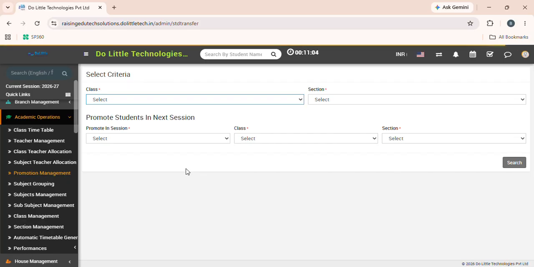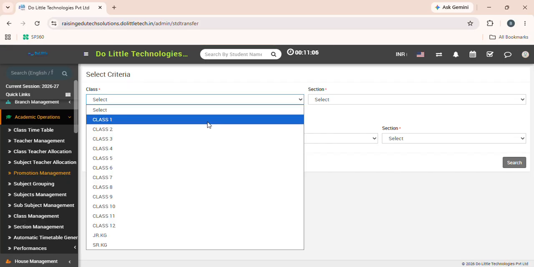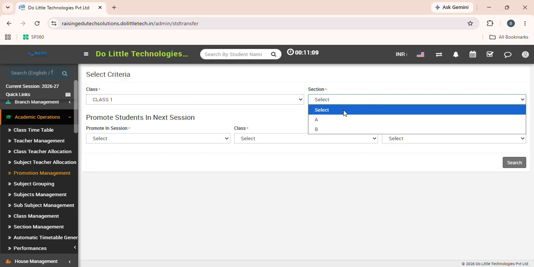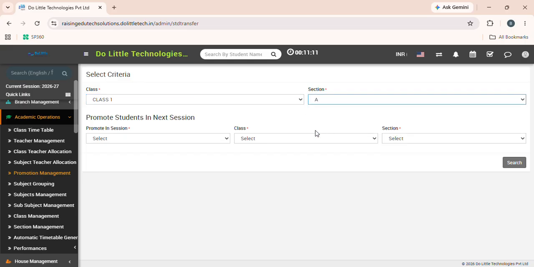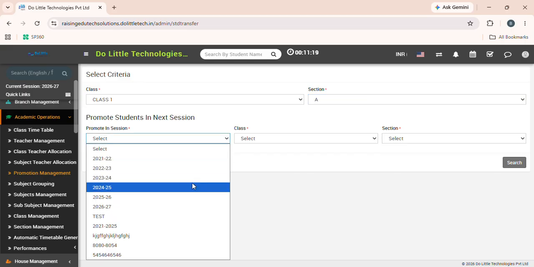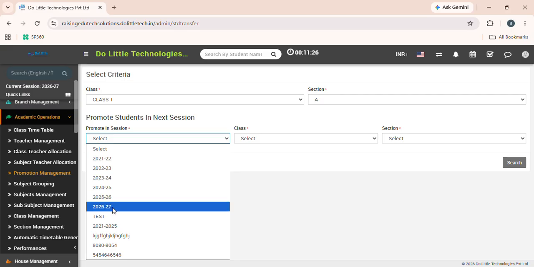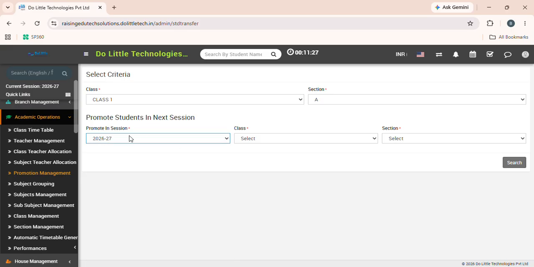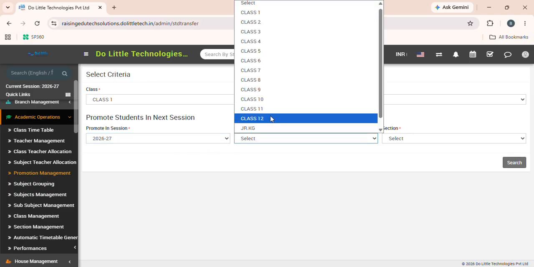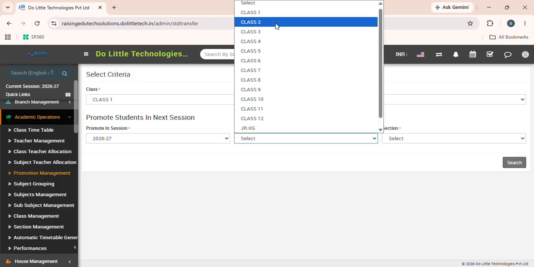Moving on to promotion management. So this is when the year is over and the students are done with their exams. They are supposed to get promoted to the next class. So for example, let's take class 1 section A and let's assume the year 2025-26 is over and they've been promoted to the 2026-2027 academic year. So we'll choose the next academic session in which they will be promoted to the new class. So they'll be promoted to class 2 now